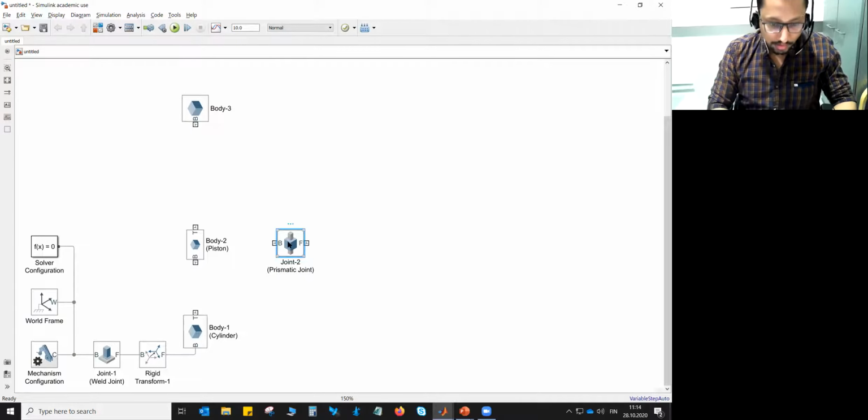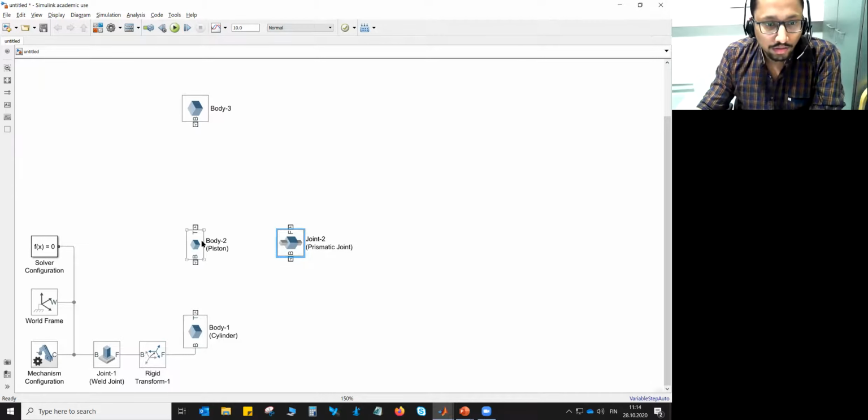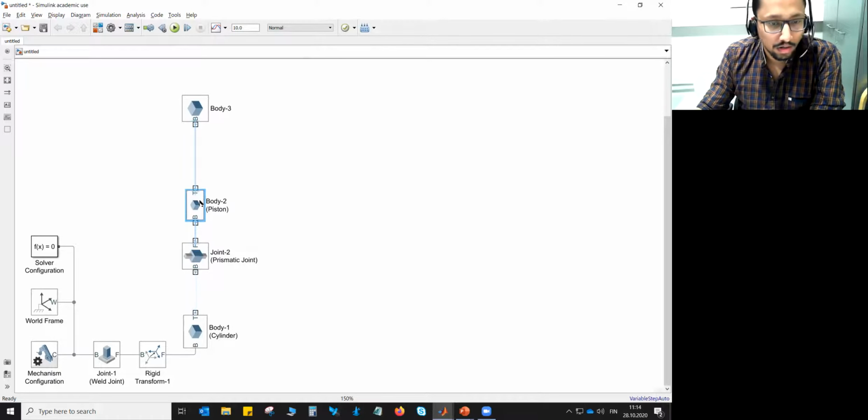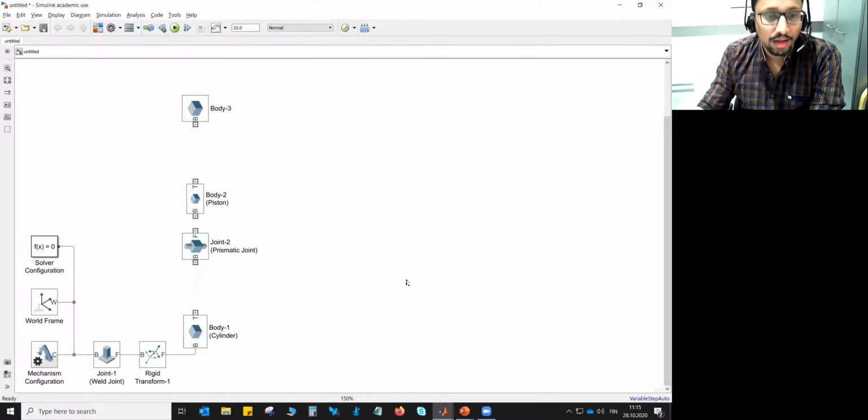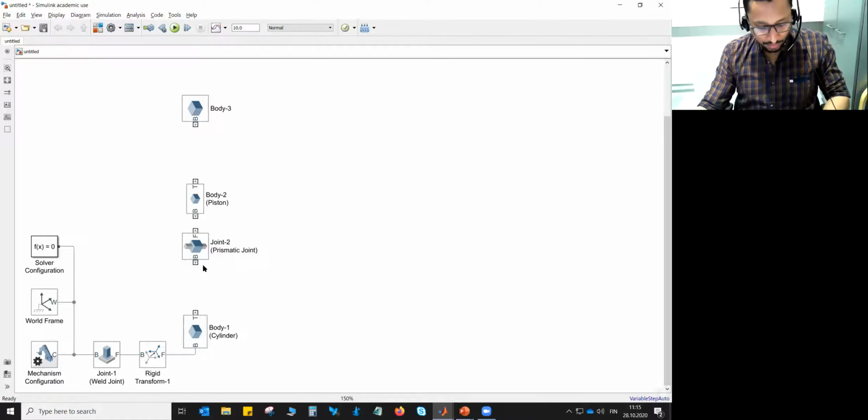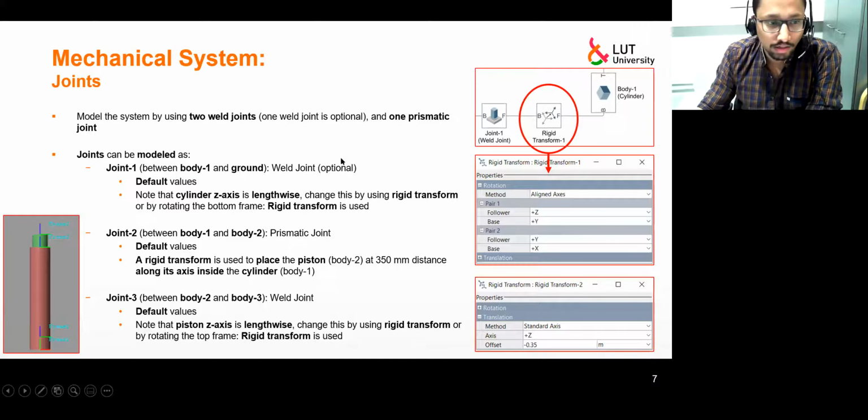And orient it using control R. This joint will be between body 1 and body 2. And remember that this joint will be oriented in a prismatic joint since body 1 and body 2, this frame T and frame B both are along the z axis, so it's fine. You can simply make the connections, but if you see the plot, the figure here,